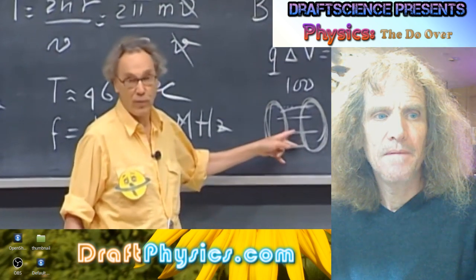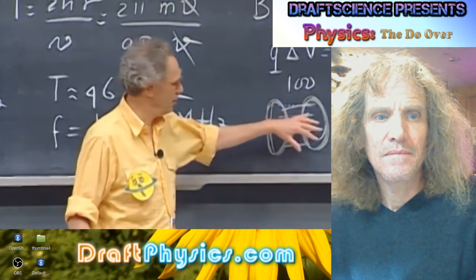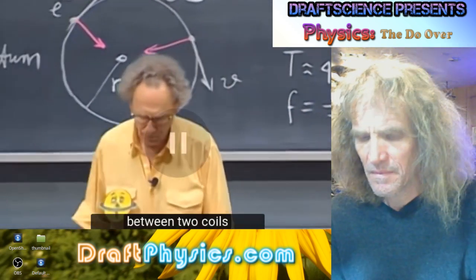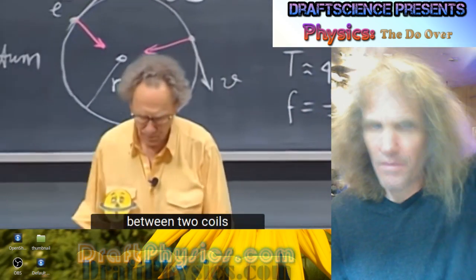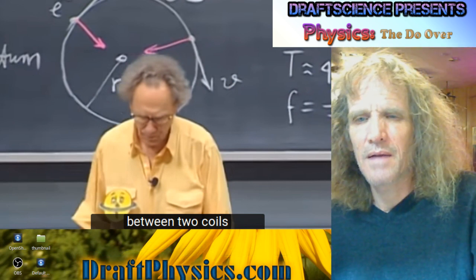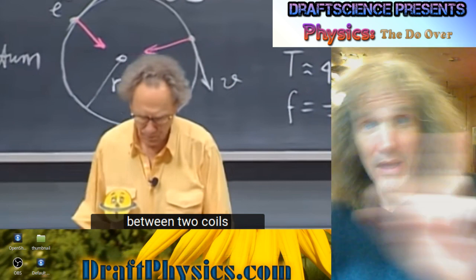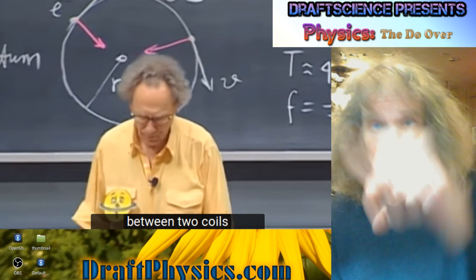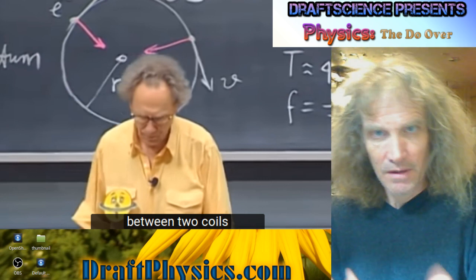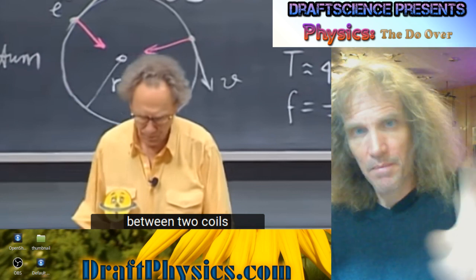This is a magnetic bottle, it's also referred to as Helmholtz coils, whereby you can create between two coils a near uniform magnetic field. All right, so nearly uniform in this direction, which doesn't sound quite right, but we'll let that slide because I think it's only going to be uniform in one plane. It's not going to be uniform spherically. It's only going to be uniform in one plane.